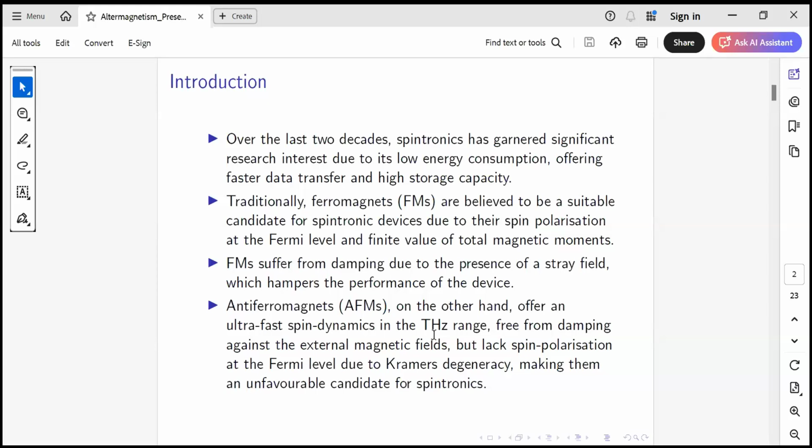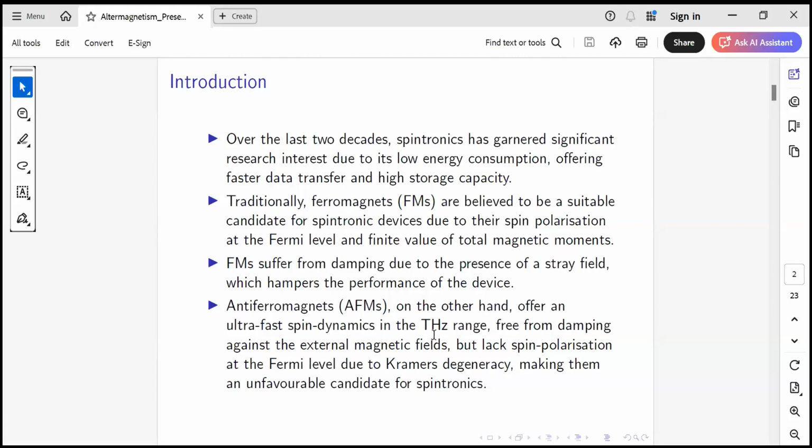Traditionally, spintronic devices have a component of ferromagnetic materials. Ferromagnets, all of you know about them, are considered the most important components of spintronic devices, because they have spin polarization.